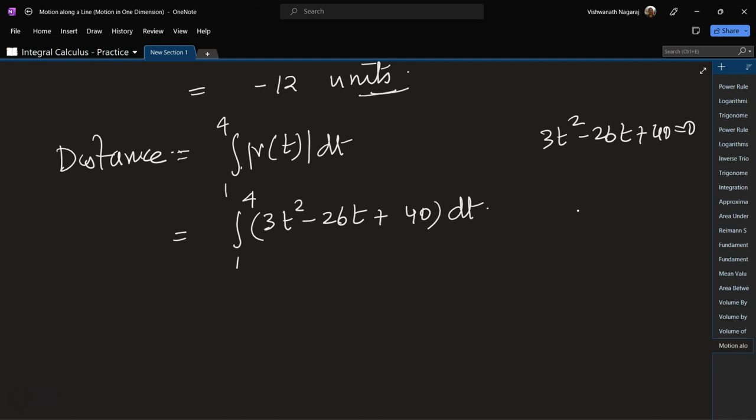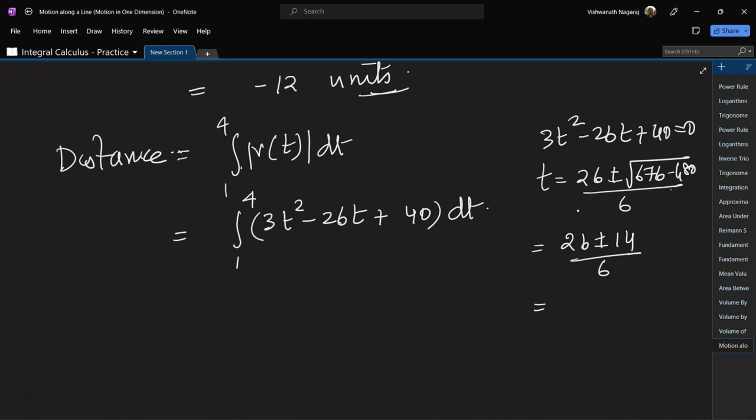Now here, what do we do? Let's use the quadratic formula itself. So t is equal to minus b, so 26, plus or minus the square root of b square. So 26 square is 676 minus 4ac. 4 times 4 is 16, 160, 16 times 3 is 48. So 480, by 2a, so 6, which gives us 26 plus or minus the square root of 196, which is 14,